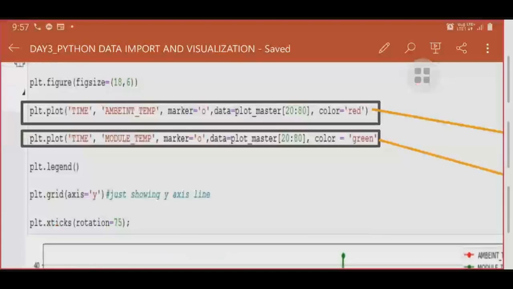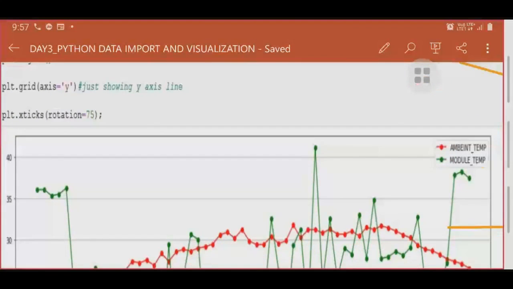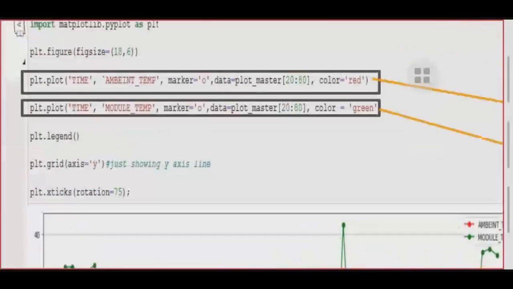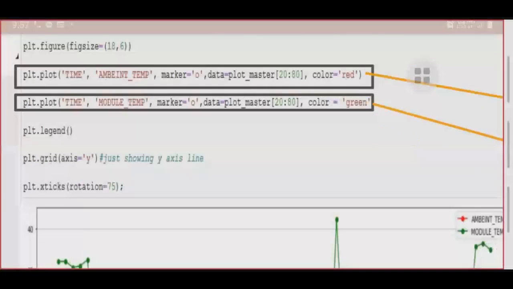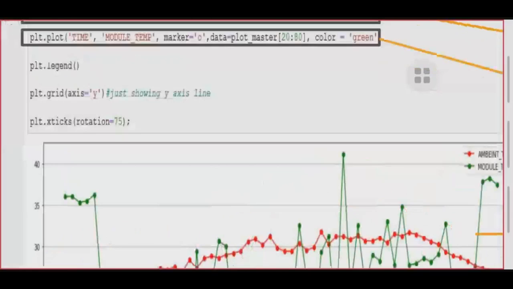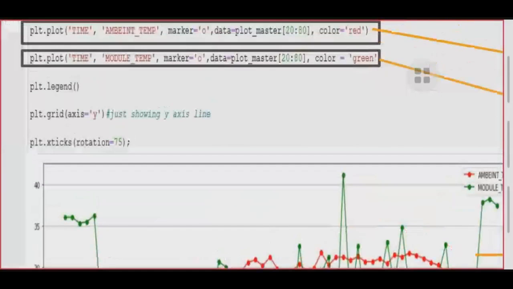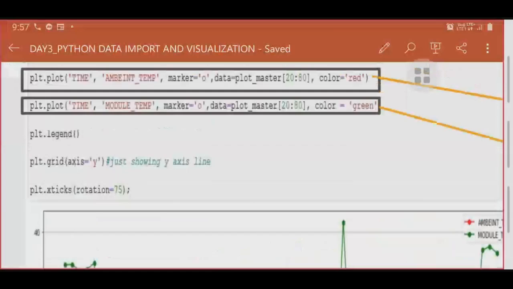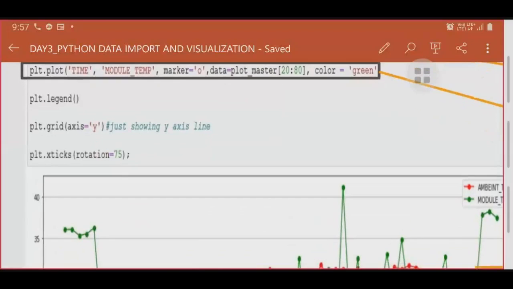Then marker. It will mark in a round shape, that O shape. In each dot, it will mark a round shape. Then the data is in a 20:80 ratio. It will calculate, and the color should be red for plotting that line. Similarly, the other is using green. If you want to show only the y-axis line, you have to use grid axis y.